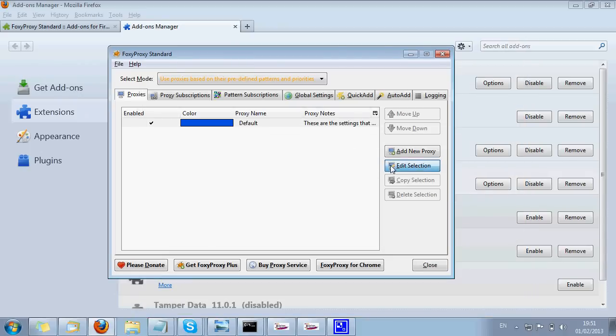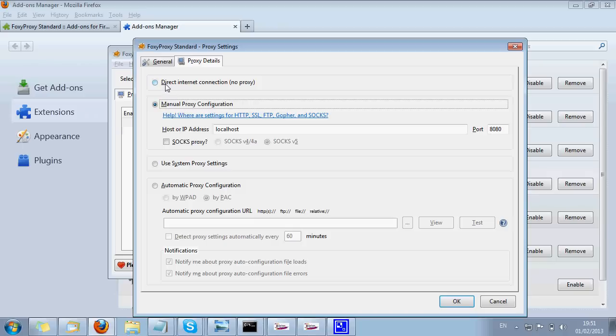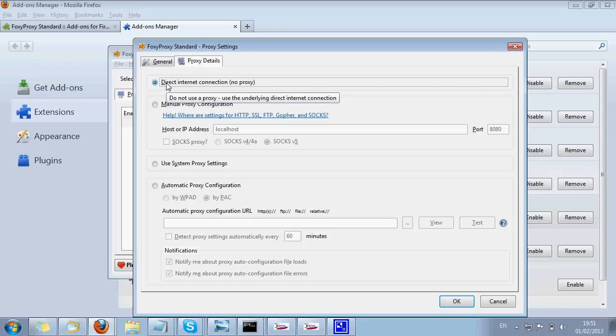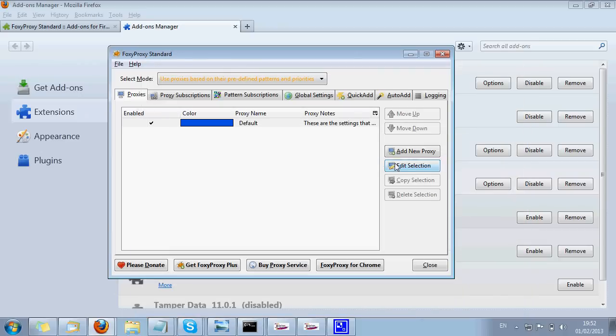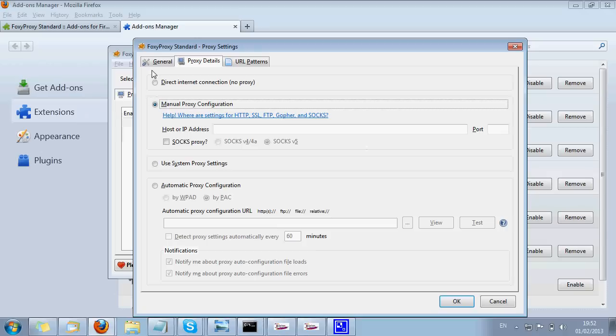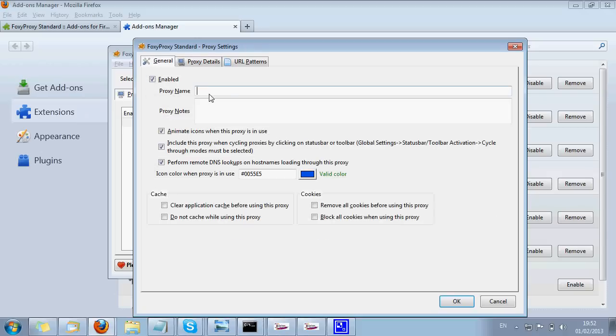Let me open it. This is edit selection. So basically in a default proxy setting, it would be a direct internet connection, which is not going to use any kind of proxy setting in between. Okay, so now I need to add a new proxy setting. This is the name, the proxy name. We can add it for our reference, like JMeter